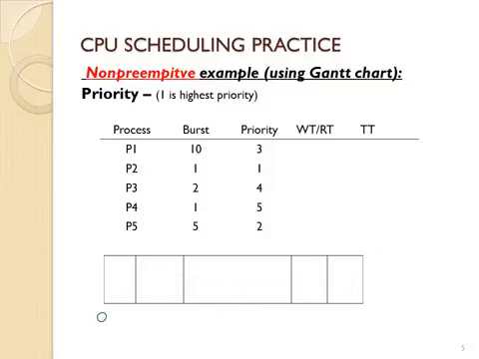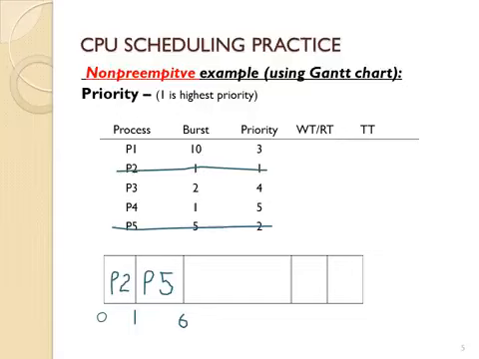We start at time 0, and we're going to pick the one that has the highest priority, which is P2. It will go for 1 time unit, and this is a non-preemptive version, so it'll finish its CPU burst and it will be done. Now the current time is 1. We will pick the one that has the next highest priority, which is P5. It will go until time 6, and it will complete its CPU burst, and it will be done at time